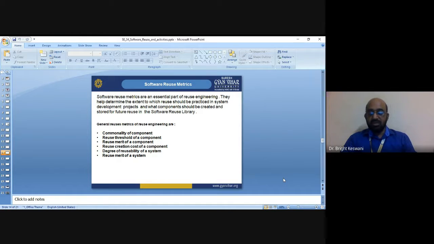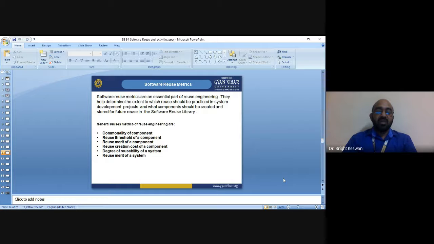When we talk about reuse creation cost of a component, it is used to measure the cost of creating or preparing a component for reuse, and this includes the cost of purchasing the component, identifying it via domain analysis, and preparing it for reuse. We will discuss generalization, standardization, certification, classification, and documentation in this